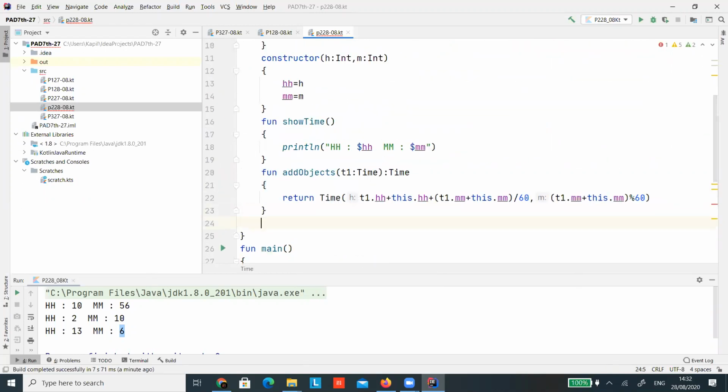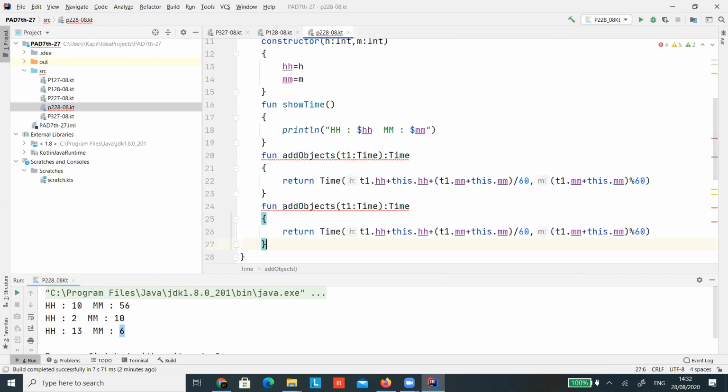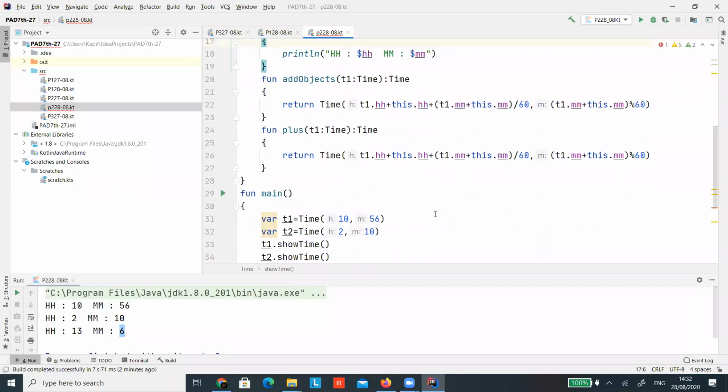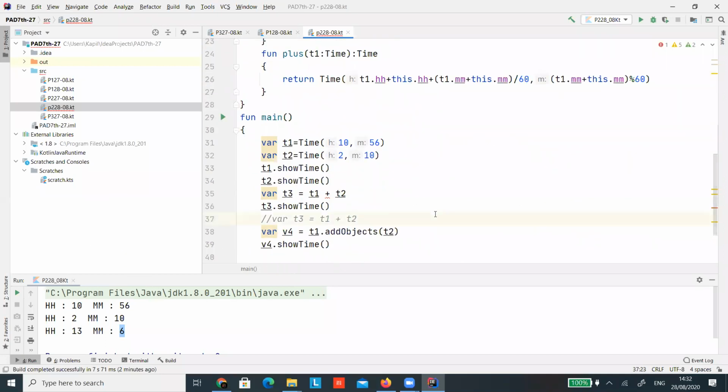So for that, again, there is a function called plus. So let me just copy this. So that plus function is there. Okay. Now let's see whether the plus is working or not. It should work.